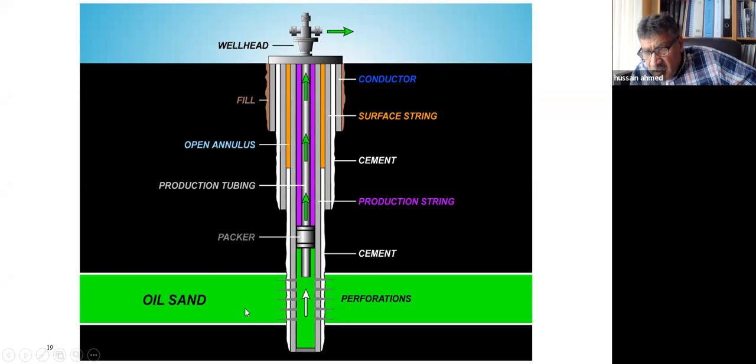What makes the barrier? What makes that skin factor? Is it due to wax buildup, asphaltene? Is it due to scale buildup? Or is it due to bacteria growth, for example, sometimes, or turbulence, or damage in the perforation?